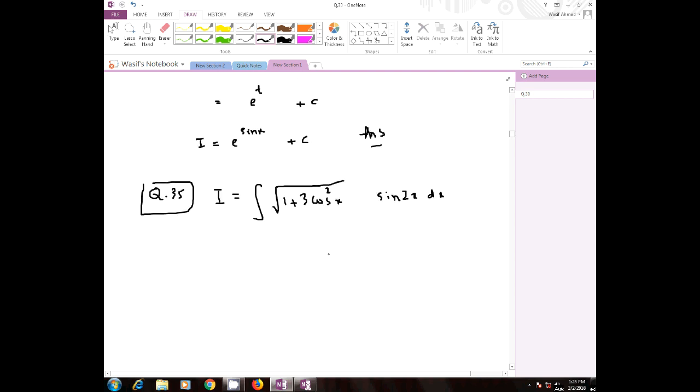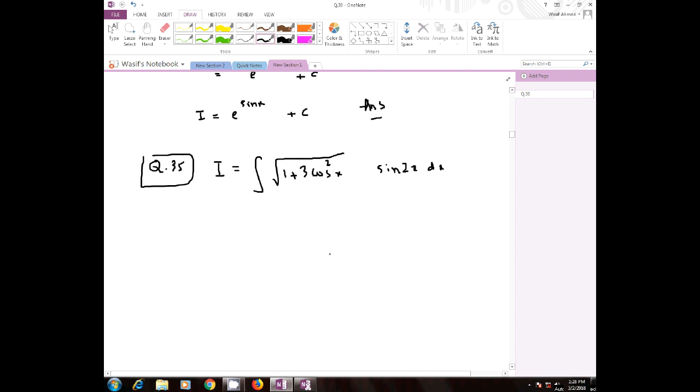So we can see that the derivative of cos square x is given. How can you judge this? This can be judged by putting cos square x is equal to t,